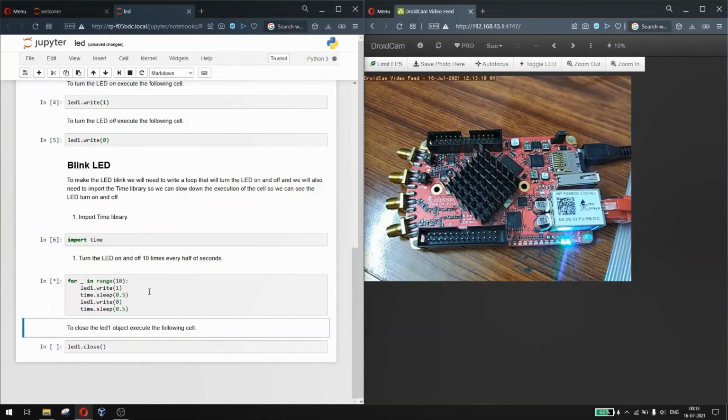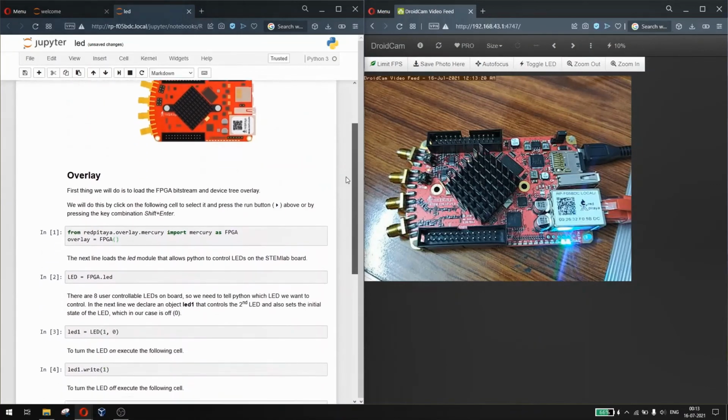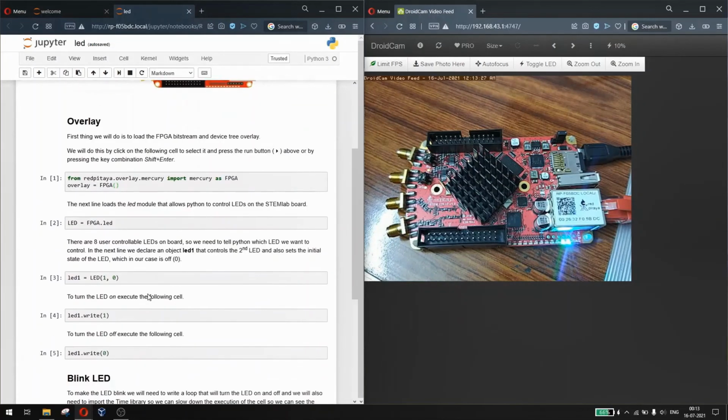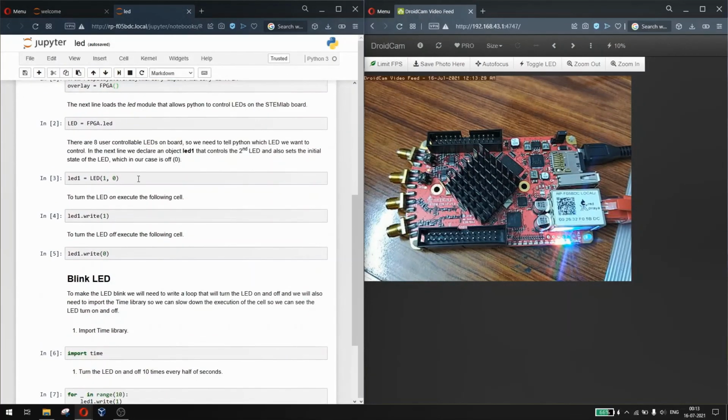So this Jupyter notebook facility is very useful. As you can see, this one can be used to program, and it's also very user friendly and informative. Now we have LED1 here, right? So I'll try to modify this code.